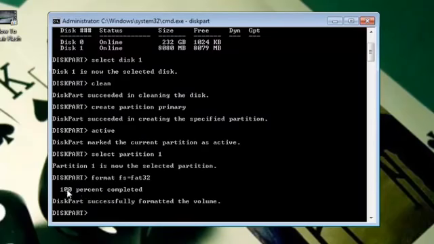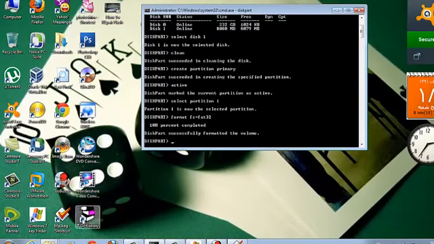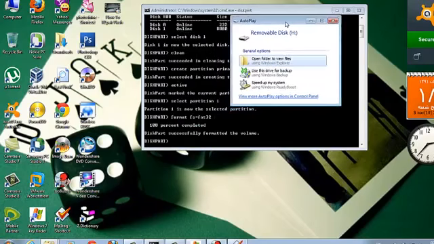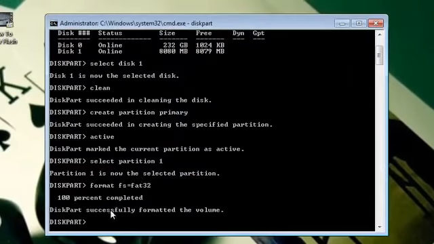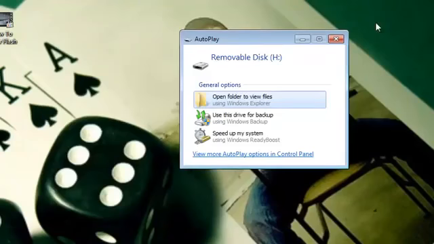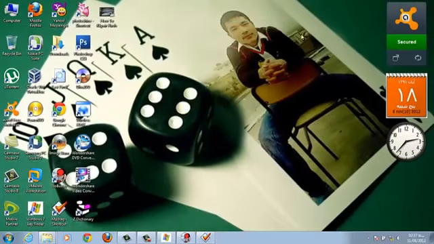So now it's 100% completed. DiskPart successfully formatted the volume. As you can see, the autoplay of my flash drive came up here. Now we don't want cmd anymore, so now we are going to exit. Just type here exit and then hit Enter. Okay, it's leaving DiskPart, just close it. And then now it's the autoplay of our flash drive. Just close it, and